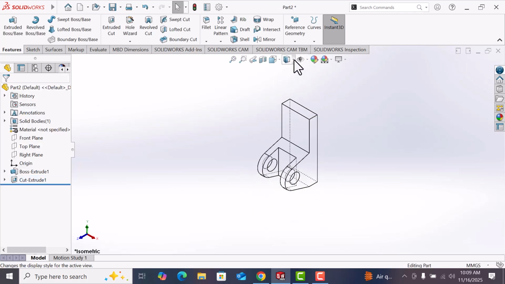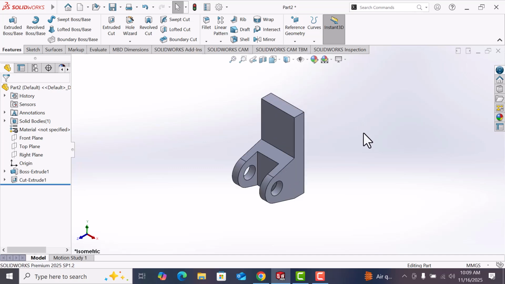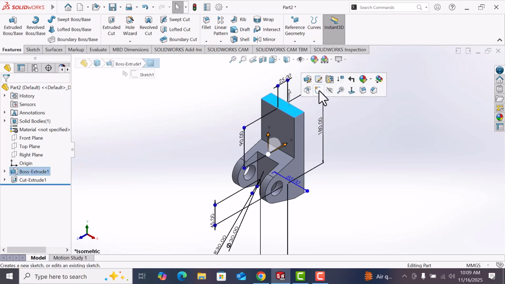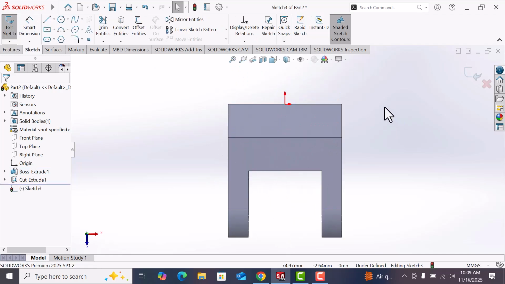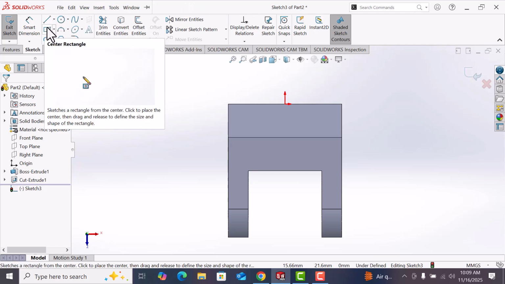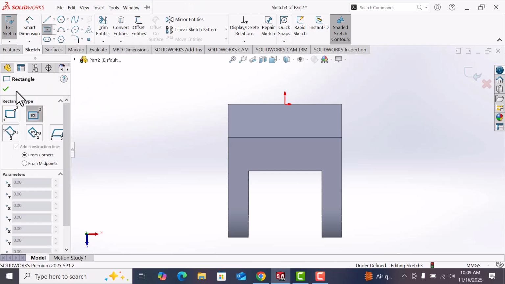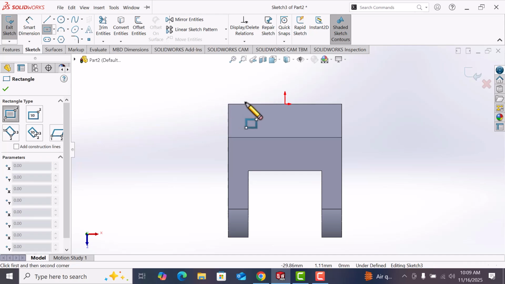Now select shaded with this. Now go to this face and sketch. Now draw the rectangle, corner rectangle, draw here, select.